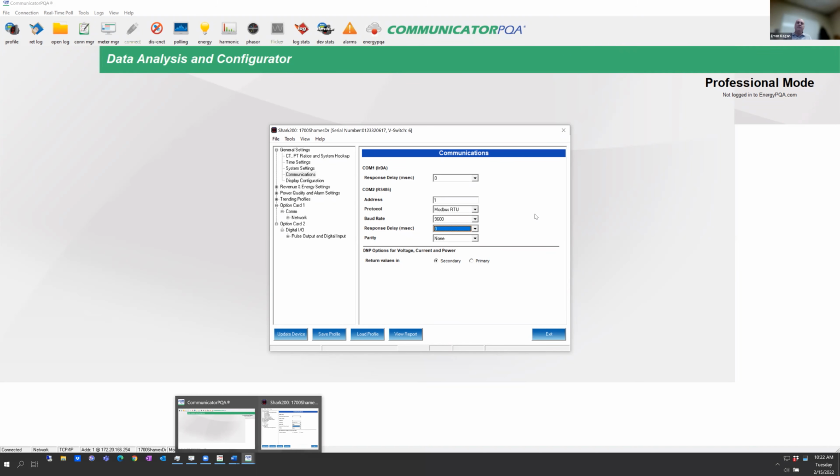However, sometimes you might have a 485 to USB or a 485 to 232 converter that's not fast enough to turn over the bus. And that causes a little bit of delay, right? So you can actually put a response delay right here of 50 or 100 milliseconds, so that when you're talking on the serial port, there's time for it to transmit. It's transmitting the data, and it's got to flip the bus, and it's listening for, to send out the, then it's back to receive, then it's somebody else who's transmitting, and it's switching back and forth. Sometimes you need a little bit of a delay there to allow the 485 to 232 converters or to USB